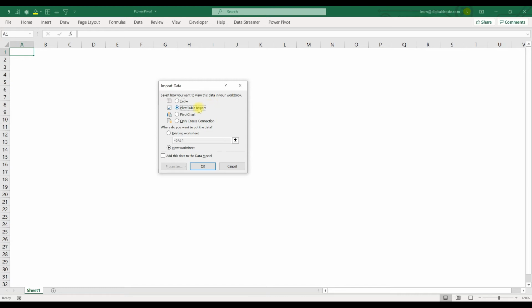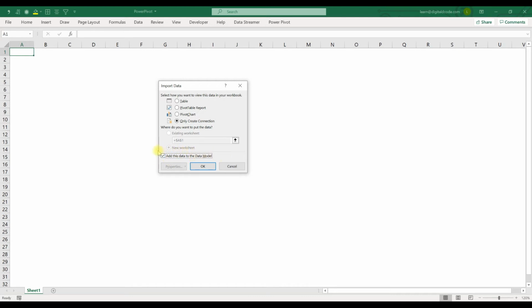Again, if you want it in a pivot, you can directly create a pivot. Even if you create a pivot, the data gets stored in this file. Charts are similar to this. It's always better to create a connection, so the source data stays in the folder, and whenever there is a change in the folder, it gets updated here. This is the first step. Use Create Only Connection, and also add this data to the data model.